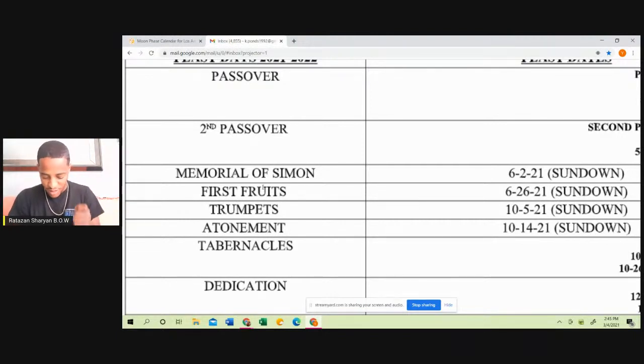It says, and the Lord spoke unto Moses, saying, speak unto the children of Israel, and say unto them, when ye be come into the land which I give unto you, and shall reap the harvest thereof, then ye shall bring a sheaf of the first fruits of your harvest unto the priest, and he shall wave the sheaf before the Lord to be accepted for you on the morrow after the Sabbath the priest shall wave it. And ye shall offer the day when ye wave the sheaf a he lamb without blemish of the first year for a burnt offering unto the Lord.